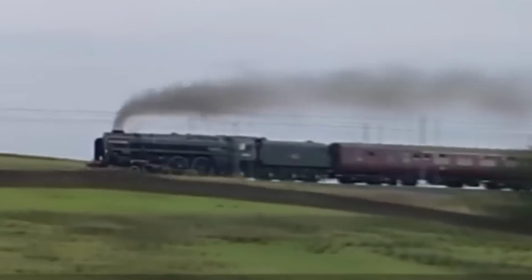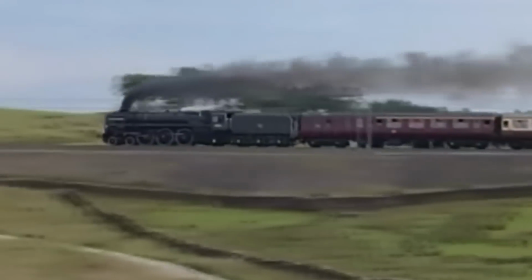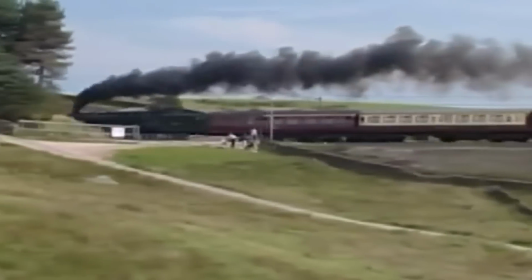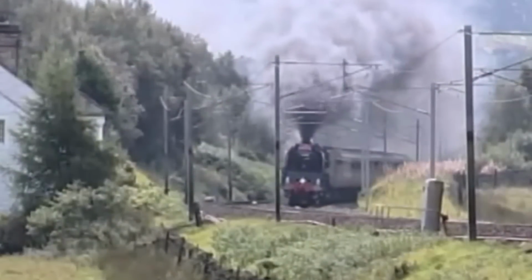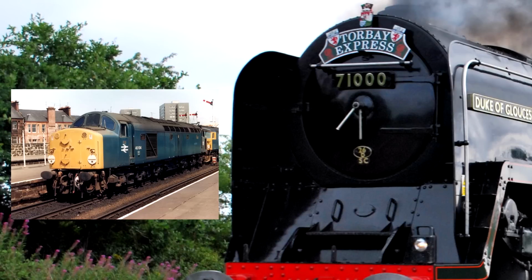Fun fact, she's actually more powerful than the English Electric Type 4 diesel locomotives, which replaced her quite directly in service. Oh yeah, she's also more powerful than the ones that replaced the Type 4s. I've got a peer-reviewed study right here that says...